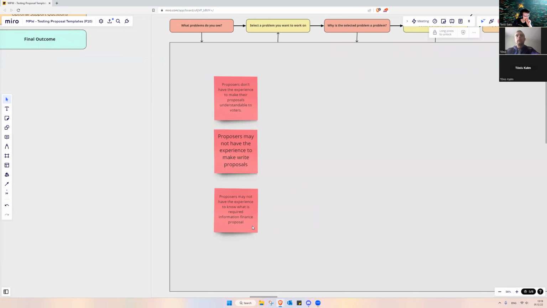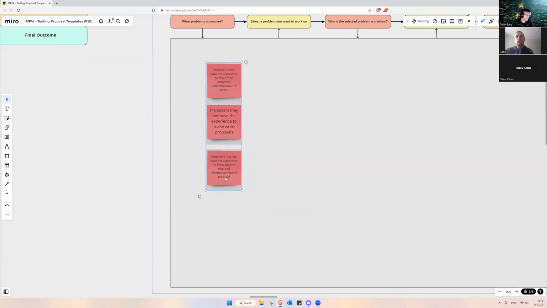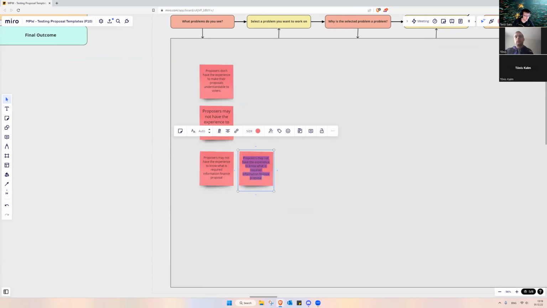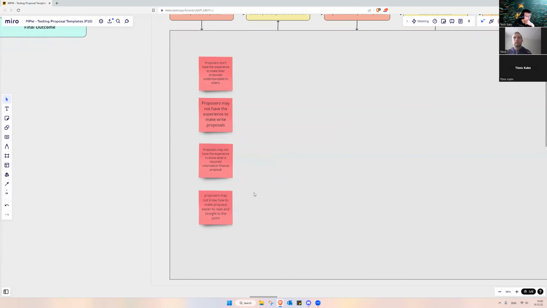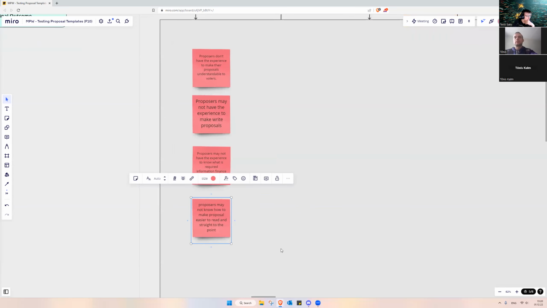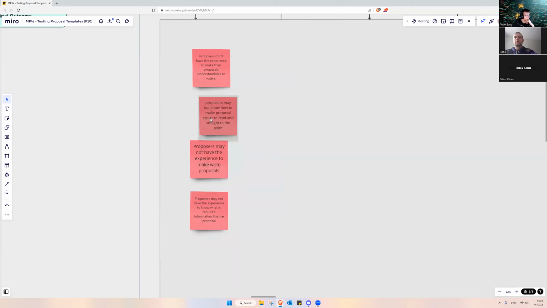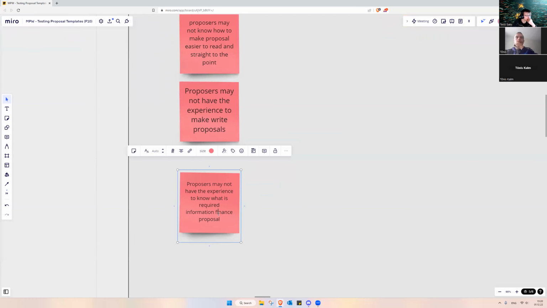Yeah, maybe one more thing is that they don't know how to make those proposals purposeful and easily digestible. So it's not that long-winded, it's more like straight to the point. Yeah. Basically all of these three are quite similar, but here I think adding this financial element to that,